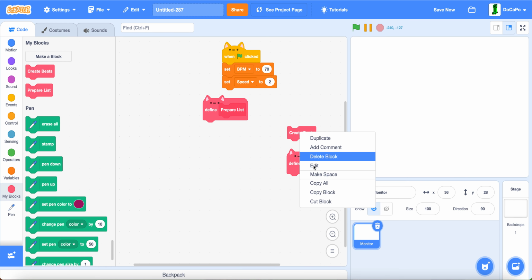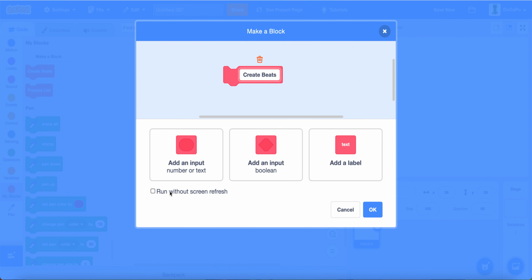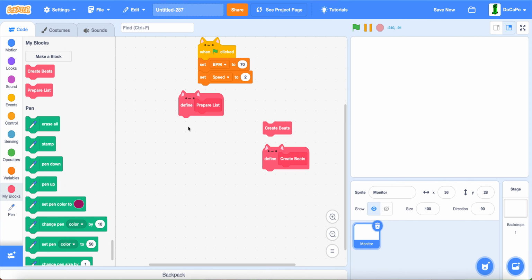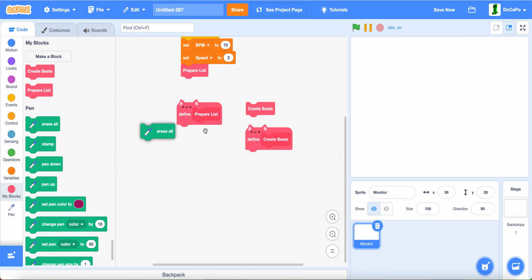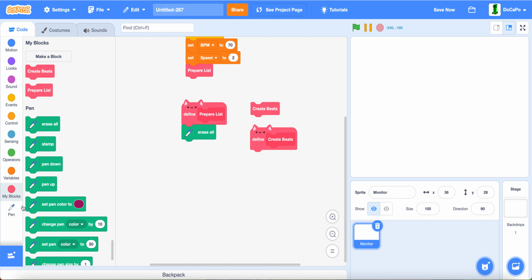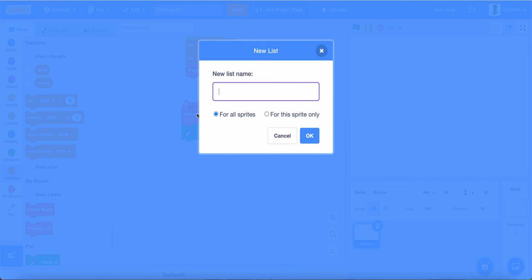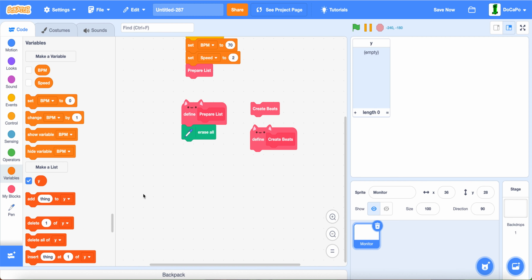And actually make create beats not run without screen refresh. But anyways, prepare list. We'll first erase all, then create a new list called y for the y value, then